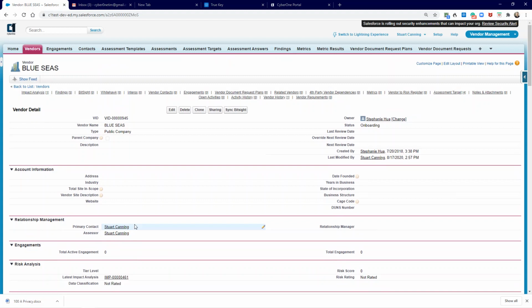for continuous risk monitoring. A BitSight risk report differs from an assessment in that an assessment, of course, is taken at a point in time when it's sent to the vendor. BitSight is an ongoing risk monitoring platform that allows you to bring in reporting on a continuous basis to evaluate